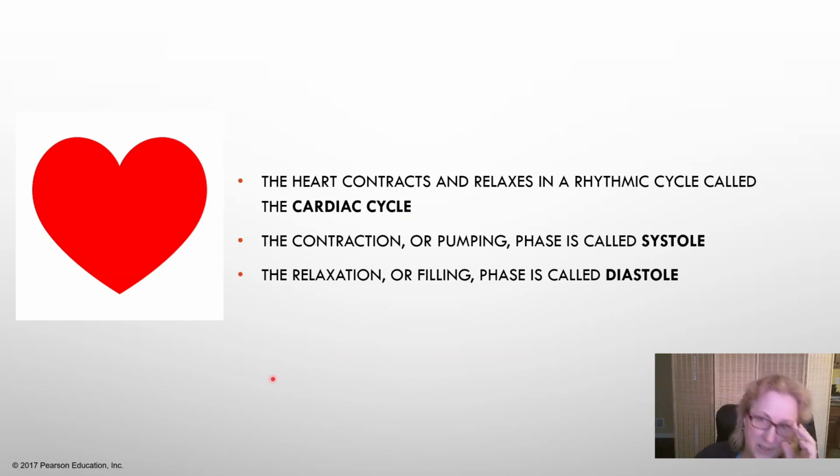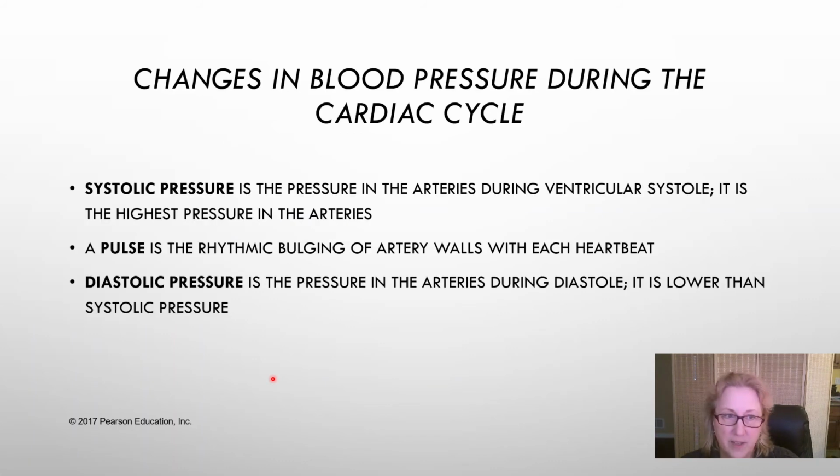The heart contracts in a cycle, and we're not going to go over all the parts of the cycle. You may study that later in physiology, if you're going on to take physiology. The pumping phase is called the systolic phase, and the relaxation phase is the diastolic phase. That's really what we're measuring when we take somebody's blood pressure: we're looking at the pressure in the vessels during the pumping phase and during the resting phase. That's why these two numbers are the systolic number and the diastolic number.